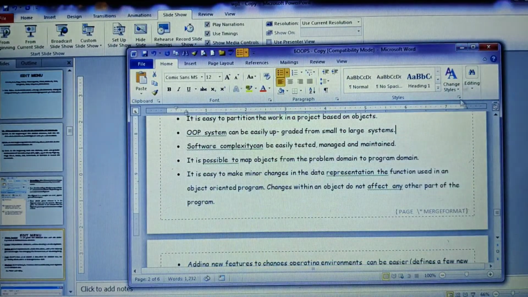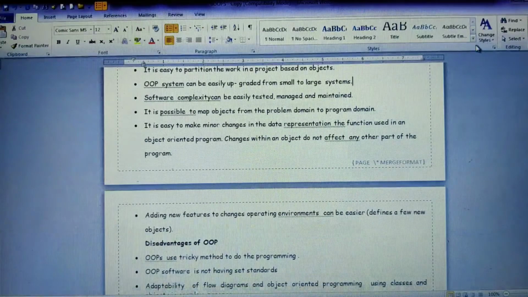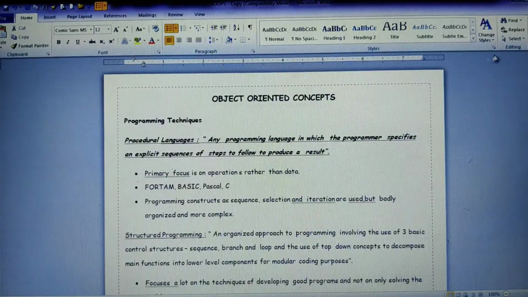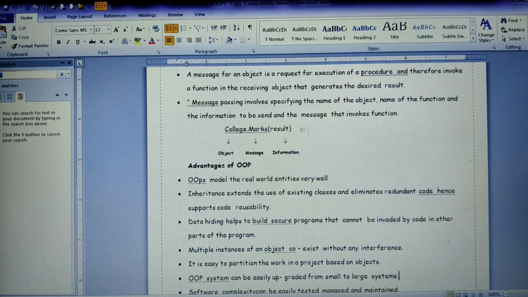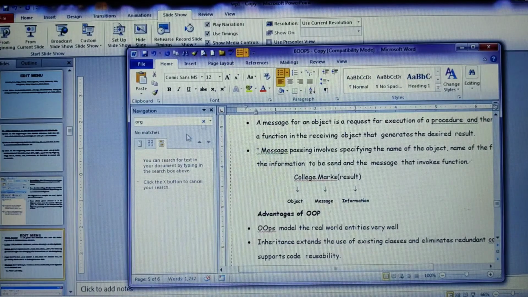The next thing is to find. Alright, so we have an option here as find. In the Home tab itself, we have an option known as find. Now herein, I'll choose the find option. Otherwise, you can even go for Control F. So this is a shortcut key we are getting for navigation over here. Let me minimize this one here. We got a navigation. What you want to find, what you want to search here, you can type it here.